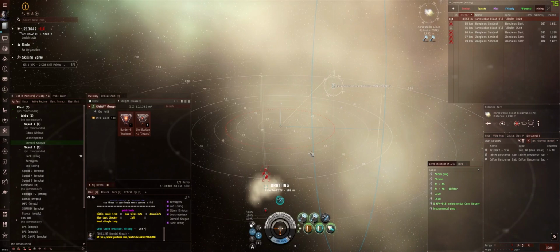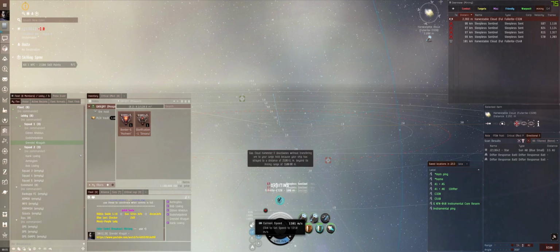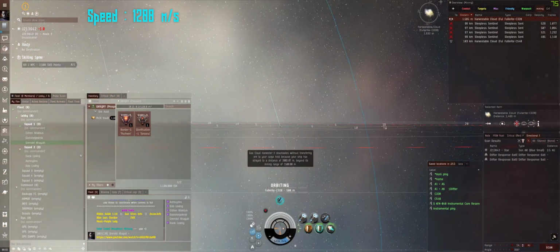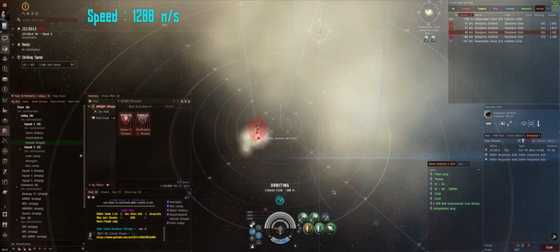That is going to be a great orbit, yes. That's exactly what we want. Now I'm going to reduce my speed. 1210. You want it around 1200, that way your friends can catch up, and that way you maintain a good distance from the sleepers. They're going to shoot you, they're going to do damage, but they're not going to be